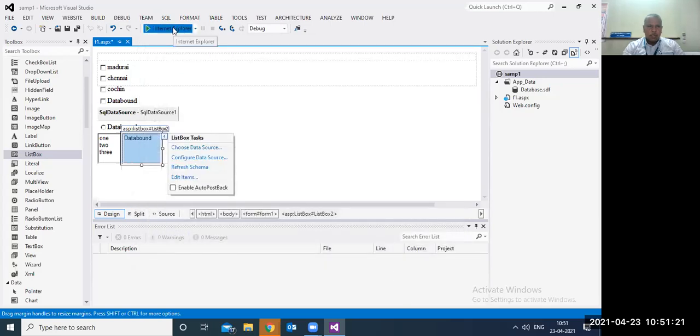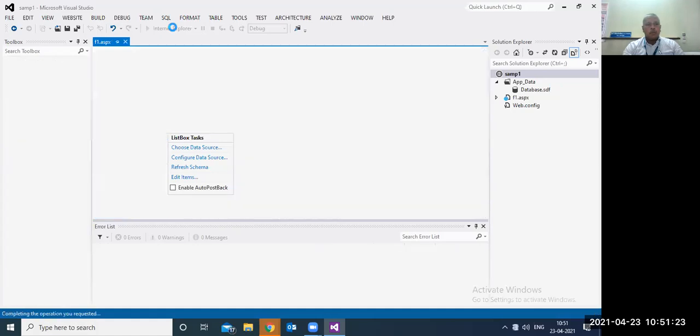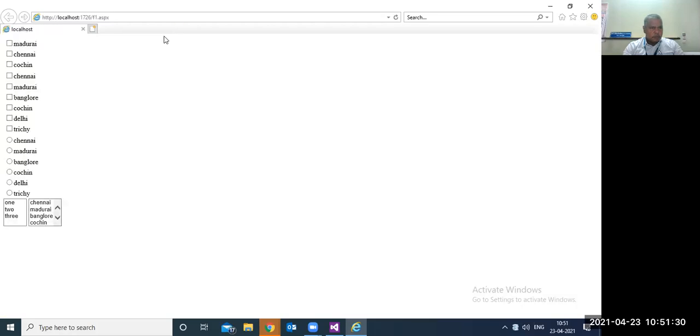Now I am just running the list box. This is the list box I have given. These are the things we can take from the database. Okay, this is the list box control.